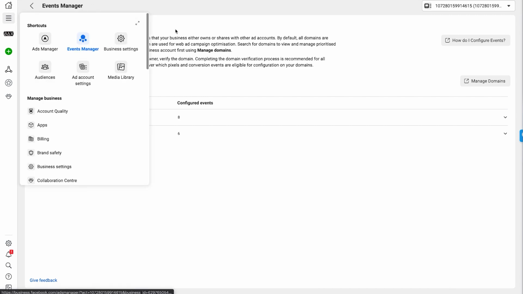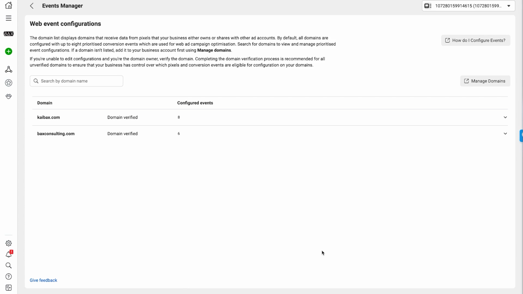So what you want to do is go into the ads manager for whatever agency account or client account you want it to be in, then go into the aggregated events tab and click configure events. I would show you on my screen, but there's a bit of sensitive information on it, so I'm not, but you'll see it very clearly. Aggregated events tab, and then configure web events. As you can see here, web event configurations.